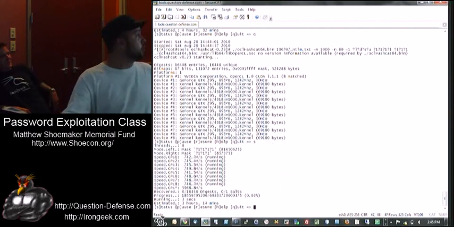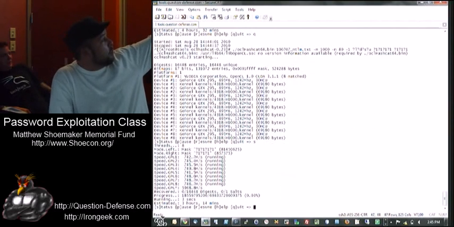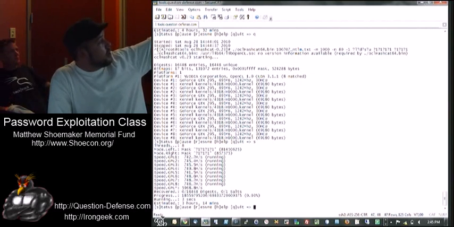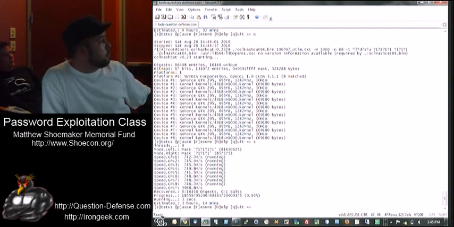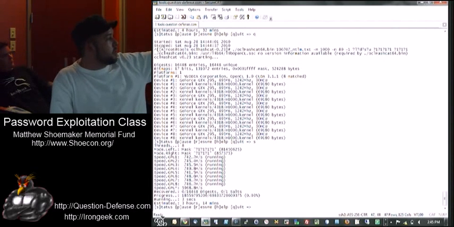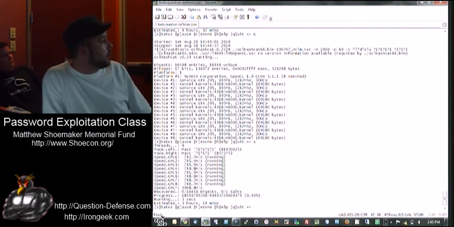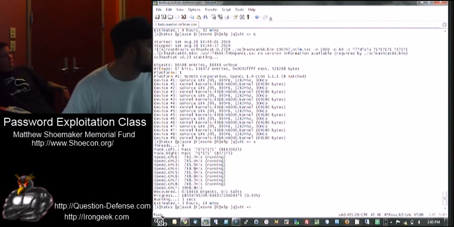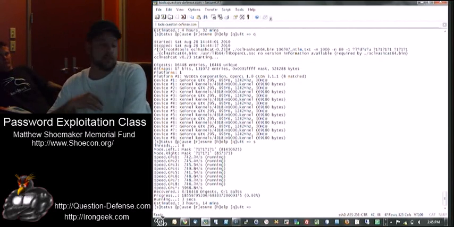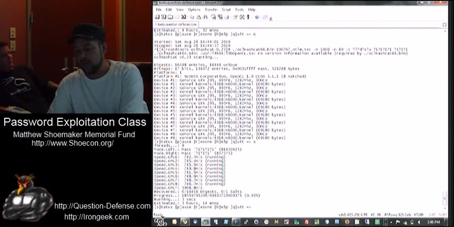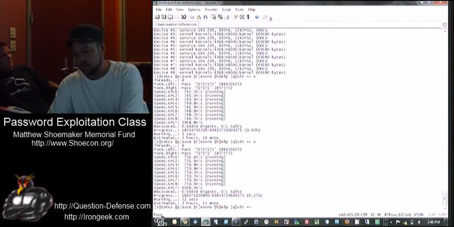So this shows when it's first fired up, you'll see that we actually have 4 GeForce GTX 295s, and each of them has 2 GPUs in it. So it looks like 8 actual GPUs in this case. And so we're cracking NTLMs at around 750 million per GPU, which is around 6 billion combinations a second. This is fairly rare, there's not many of these around. I bet it is an MD5 list.